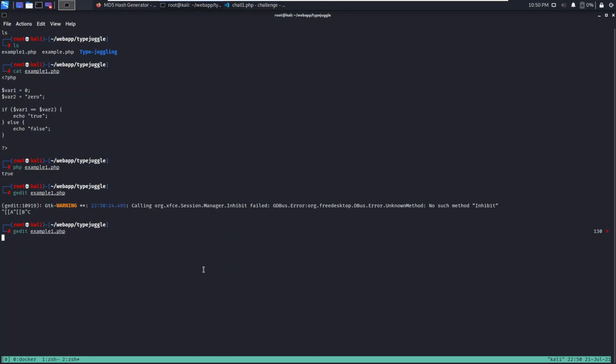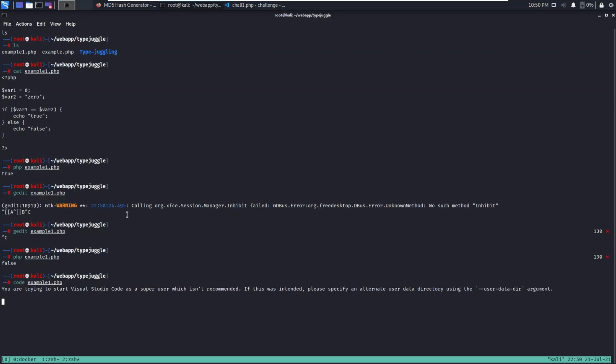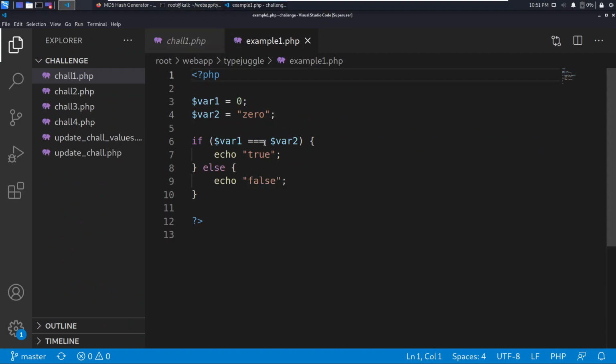Just to be clear, if we do 0 double equals to any string, it evaluates to true? Because that string starts with C, right? How does that convert into 0? It will return true. Here, I'll show it again. It's very confusing, but how it works in PHP is